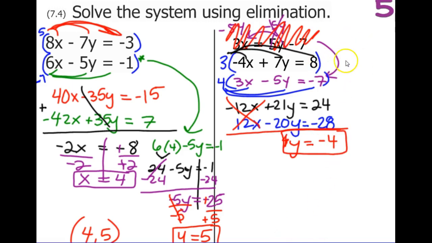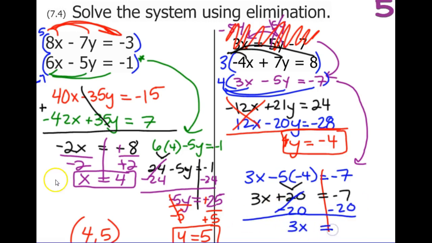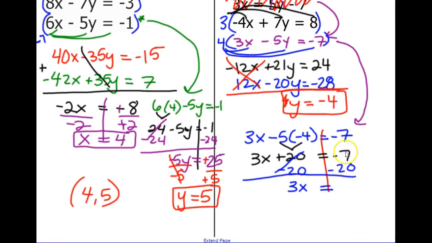I'm going to use, doesn't really matter, I'm going to use the bottom one to rewrite. If you want to use the top one, you'll get the same answer. It says 3x minus 5 times y, which is negative 4, equal to negative 7. So a negative times a negative here makes a positive 20. So if I get rid of that 20 by subtracting 20, move it to the other side, I will have 3x equal to, and these are all negatives, negative 27,